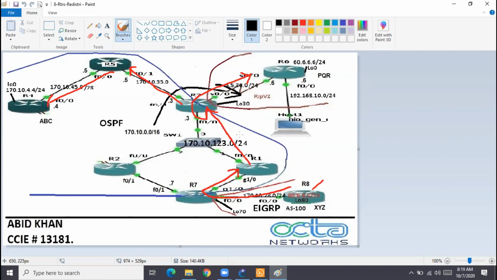So E2, external type 2, which is the default, is what? Fixed metric, fixed cost, and it is unrealistic, does not vary along the route, along the path. At every router the cost remains the same, does not vary. Now suppose